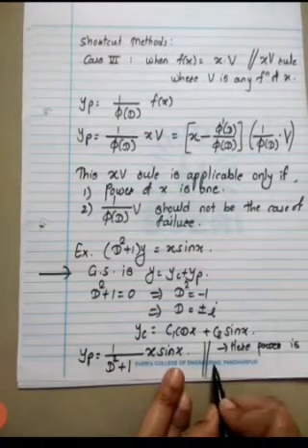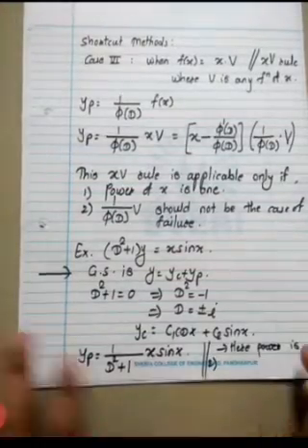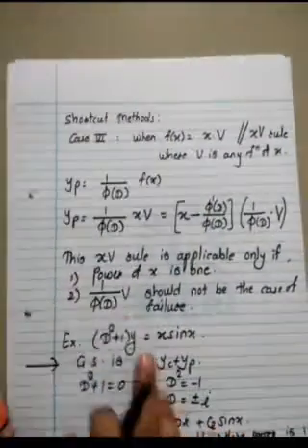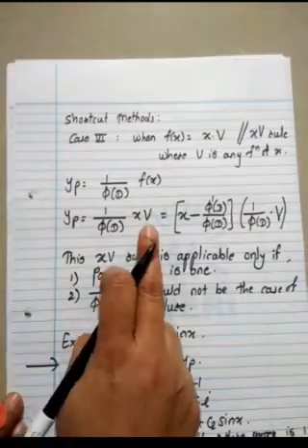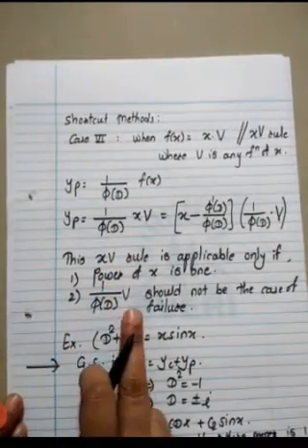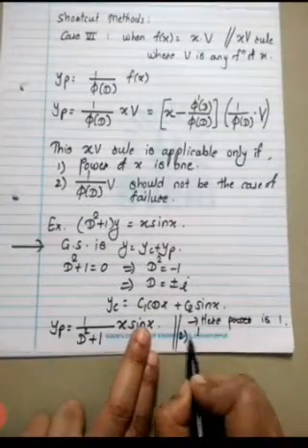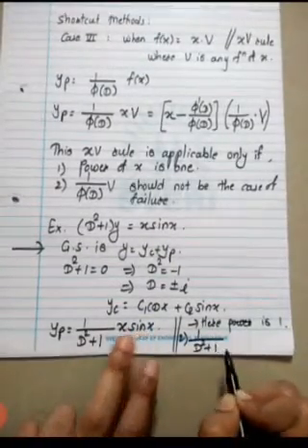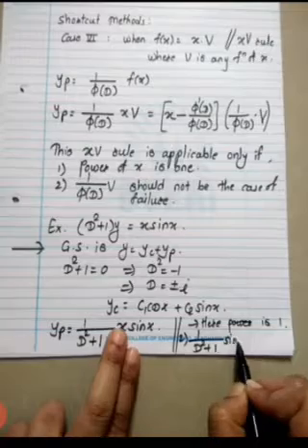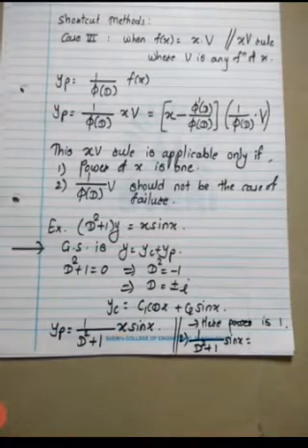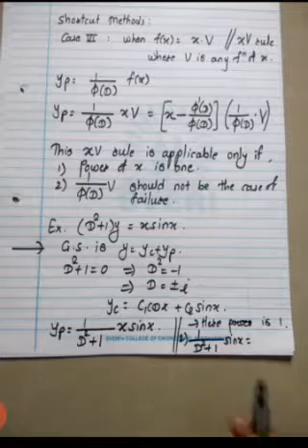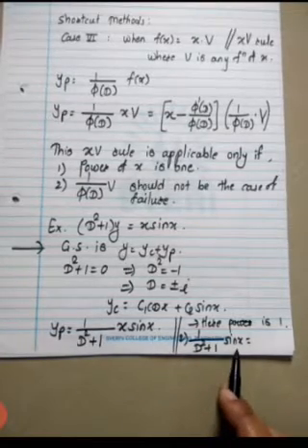And second, what should we check for the second condition? If it is 1 upon phi d into e^(ax) v, we have to check 1 upon phi d for v, ignoring the e^(ax) for some time. So 1 upon phi d, that is d square plus 1, into sin x. We have to check whether it is the case of failure or not. Now if we see this, this is strictly the sine case.